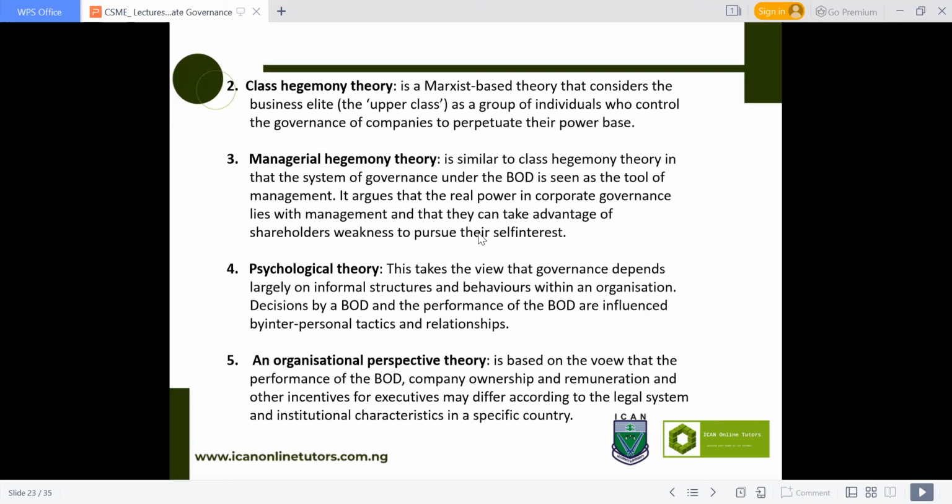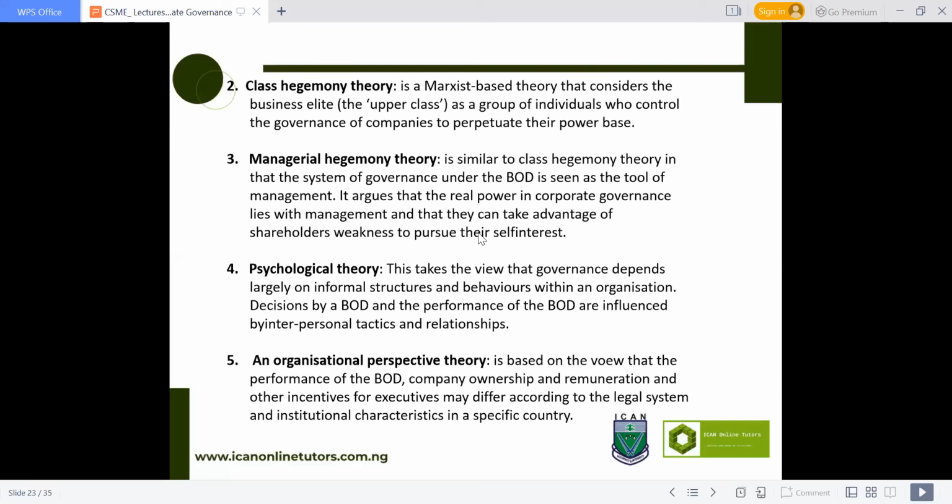We also have, let me explain this one last as well, organization perspective theory. It's based on the view that the performance of the board, the company ownership and remuneration, and other incentives for executives may differ according to the legal system and institutional characteristics in the Pacific. Organization perspective theory means that you can be collecting 1 million naira as director in a company in the agricultural